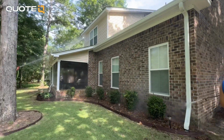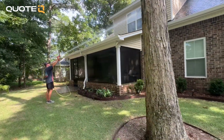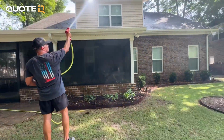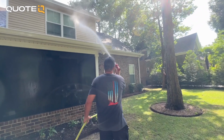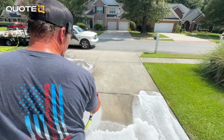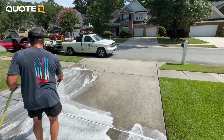So on this job, we're doing the roof, obviously, we're doing the house, and the concrete. So you are going to see us triple purposing and using our time as efficiently as possible. So we're going to go ahead and hit the concrete with a pre-treatment, so that has time to do its thing, get to work killing all the organics. The concrete will be the last thing that we tackle on this project,